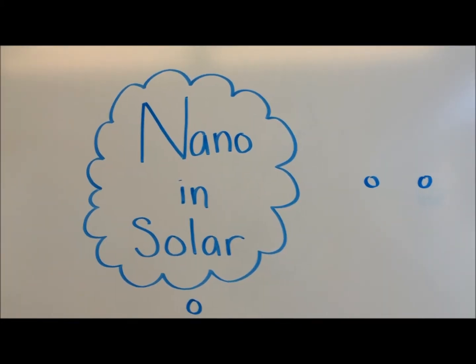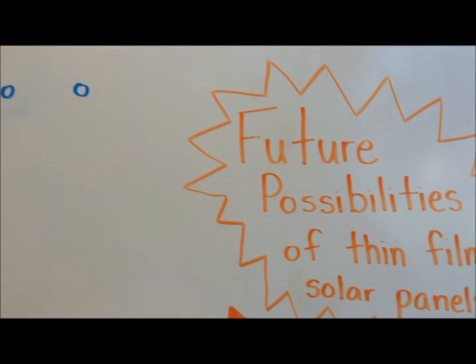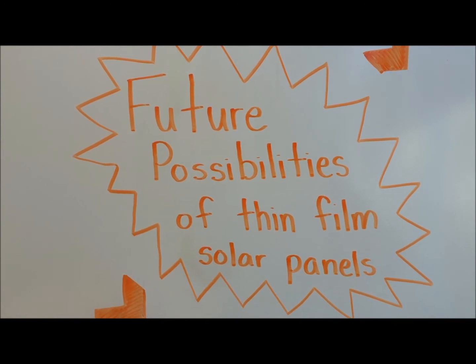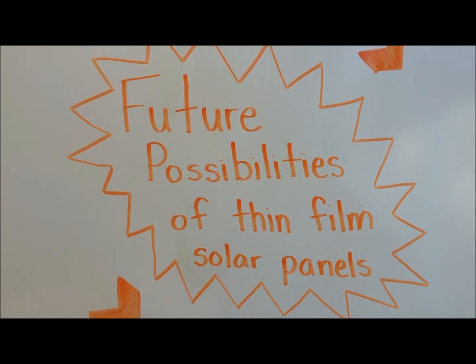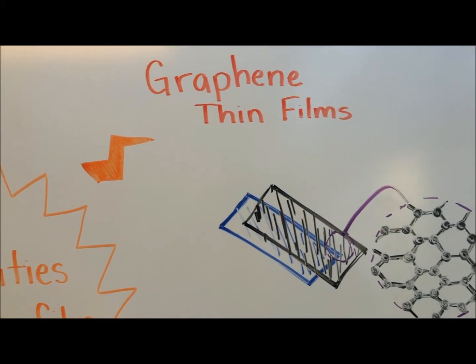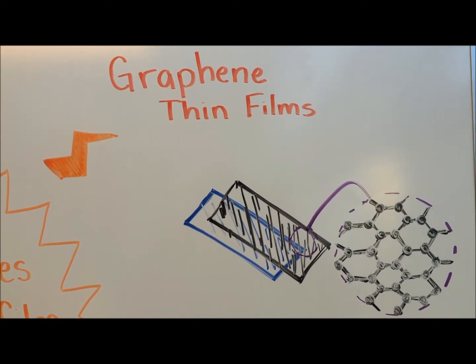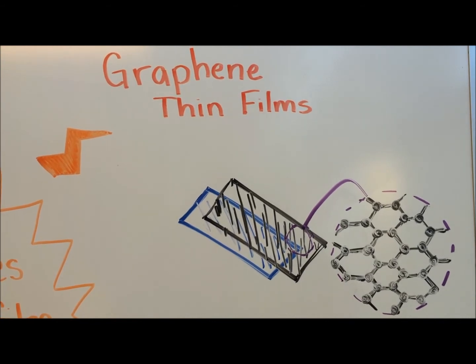With these developments in solar technology at the nanoscale, there are many future possibilities for large-scale applications. Using the highly conductive properties of certain nanomaterials can improve the efficiency of thin film solar panels. For example, graphene is a single layer of carbon atoms that can be transparent. This material has the potential to improve the efficiency of thin film solar by improving panel-to-light contact and electrical current